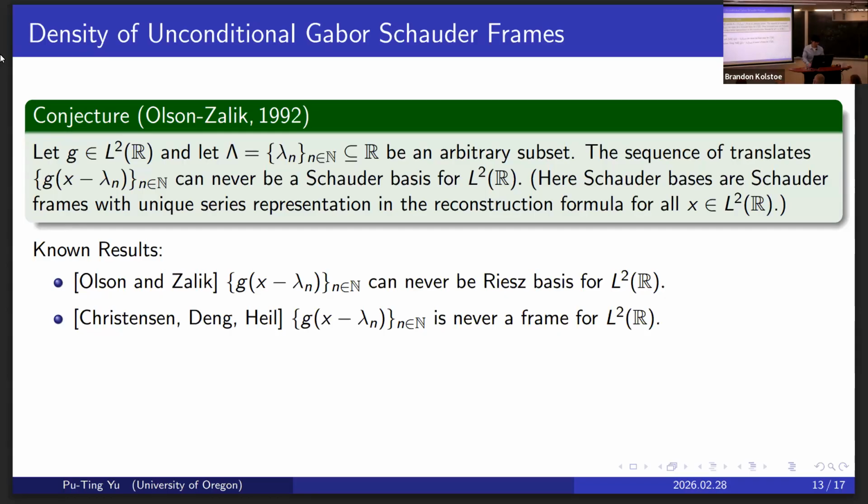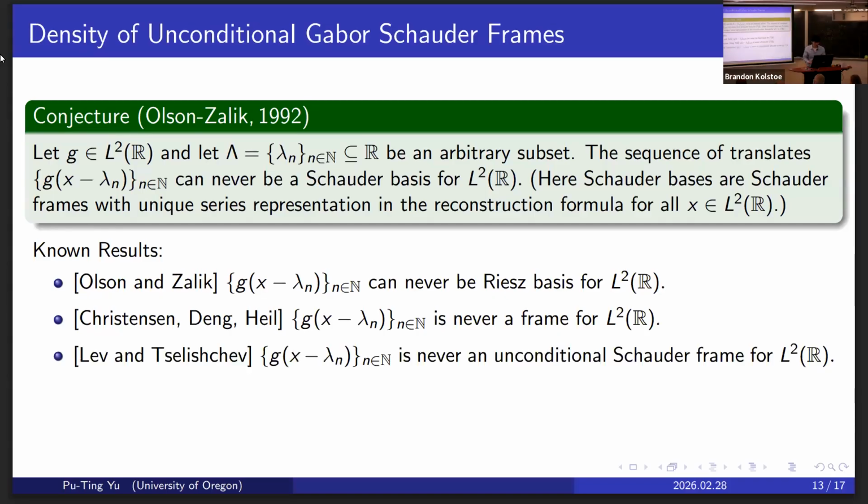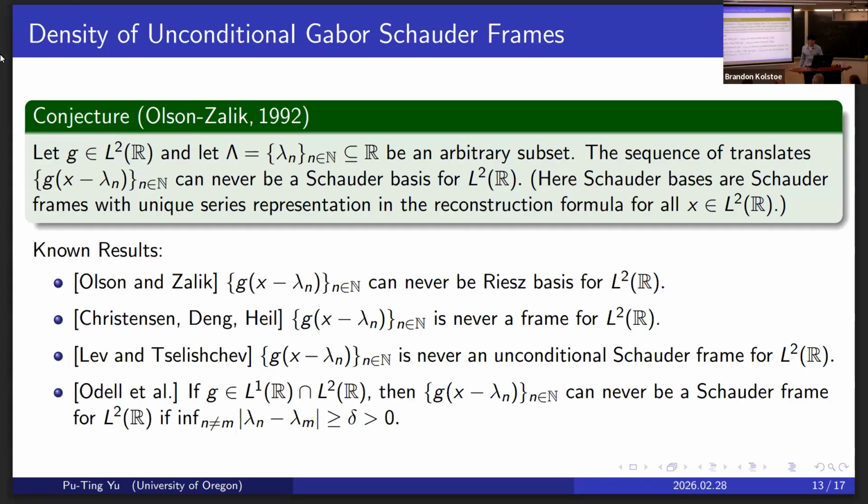And it was confirmed recently by Nielsen and Sun that such a system of translates can never be an unconditional Schauder frame for L2(R). And as far as I know, this conjecture is still open, and the closest result to a full solution to this conjecture was done by Odell and three of his co-authors. What they showed back in 2011 was that if you have a generator g which is contained in L1(R) and also in L2(R), then no matter what kind of translates you use, such a system can never be a Schauder frame as long as the distance between any two distinct lambda n and lambda m is greater than or equal to some positive number